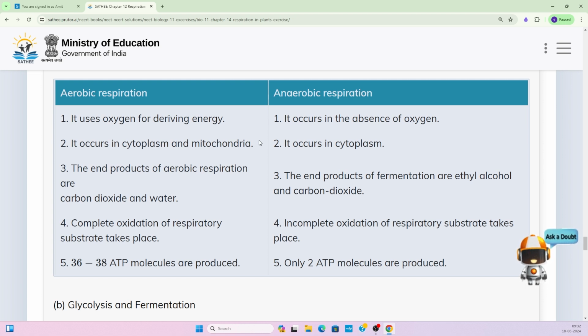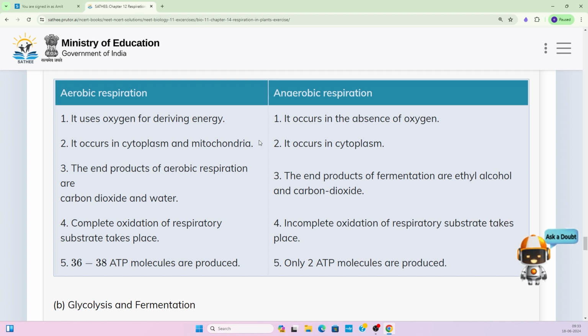So that is the end product of the fermentation. Next, the complete oxidation of respiratory substrate takes place. Complete oxidation of respiratory substrate means that no substrate is left over. The complete oxidation of the substrate takes place, and the end products will be carbon dioxide and water